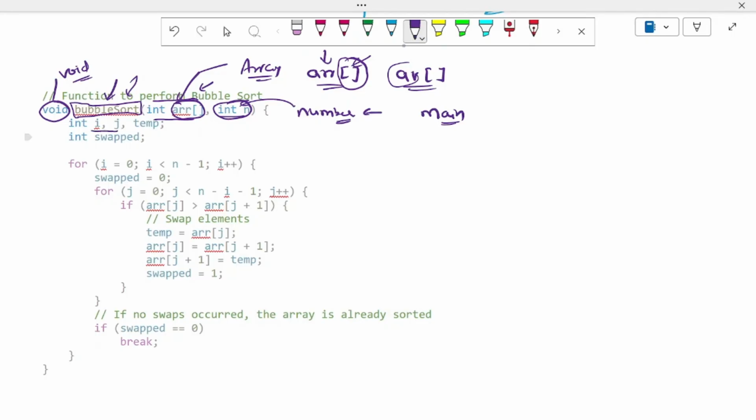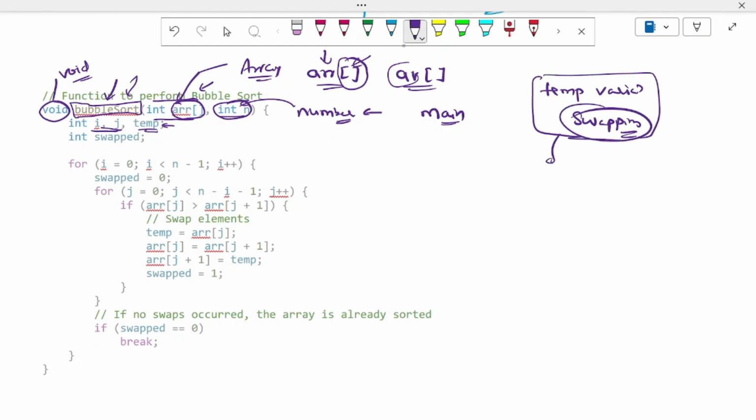We are going to initialize two variables, i and j, and another temp variable. Here we are using the temp variable for swapping. The most important operation that we use in bubble sort is swapping, and for swapping we'll require a minimum of 3